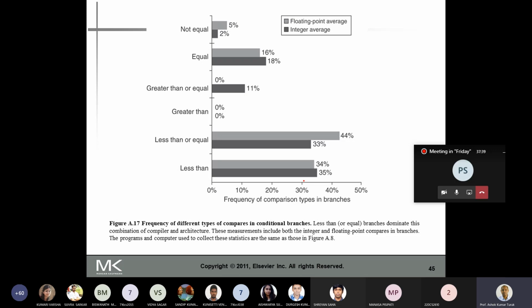This is typically the source for a specific benchmark program where less than and less than equal to predominates. Then the other branch instruction is again the same. So when you discuss the frequency of occurrence of different conditional branches, once you know the frequent cases, you use them again: make the most common case fast, to make those cases faster.